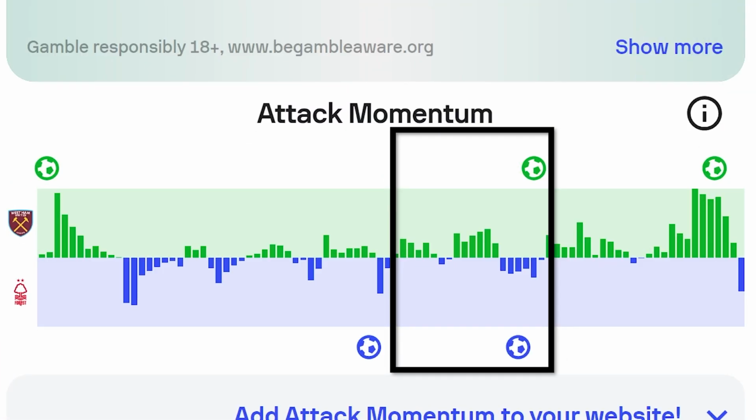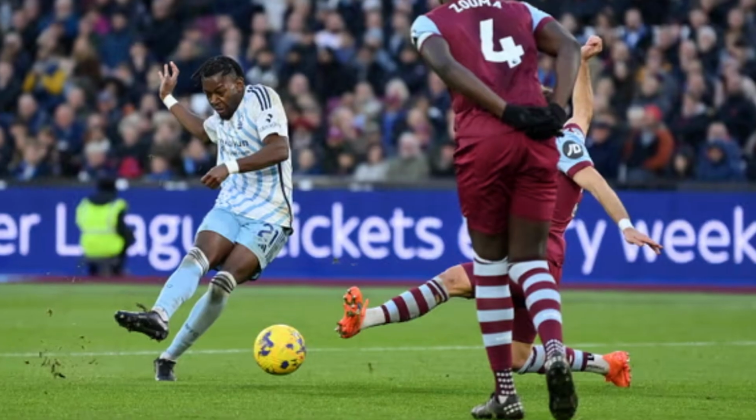Nevertheless, that doesn't mean SulScore and FotMob are completely useless, because I think the final goal in this game shows the real use of SulScore and FotMob and the attack momentum feature in general. So back to the game now. After this end-to-end period in the game, which I've been talking about, Nottingham Forest took the lead through a well-taken